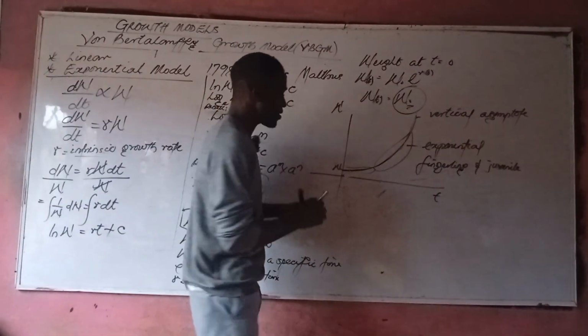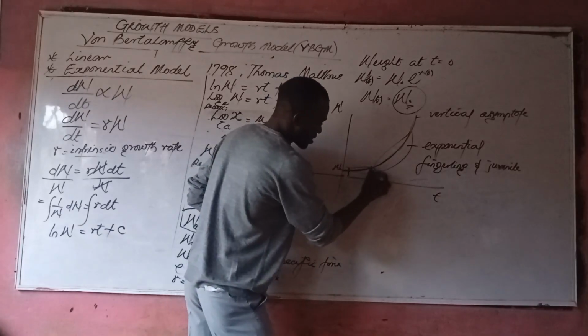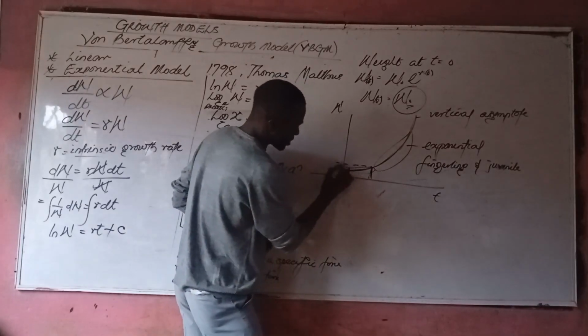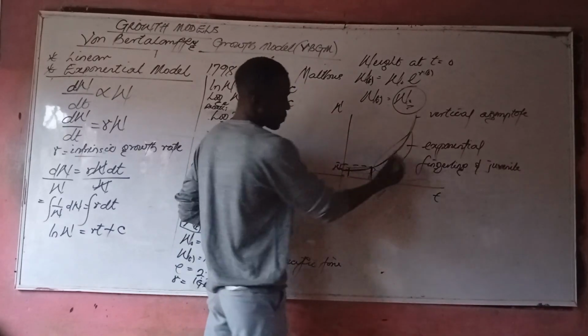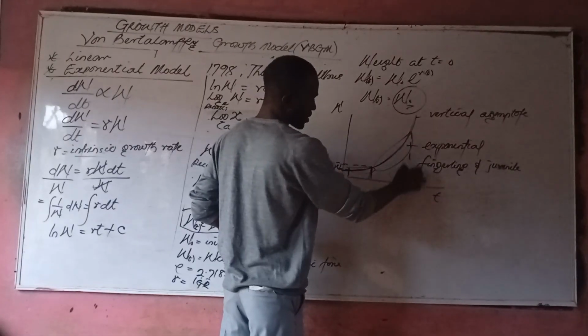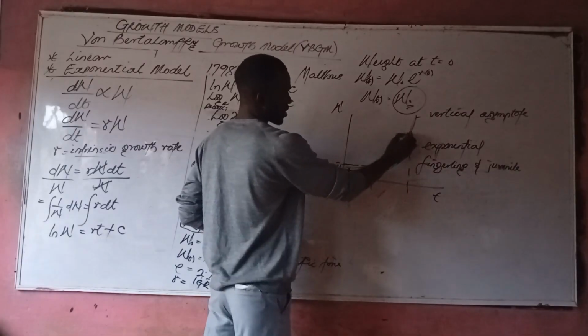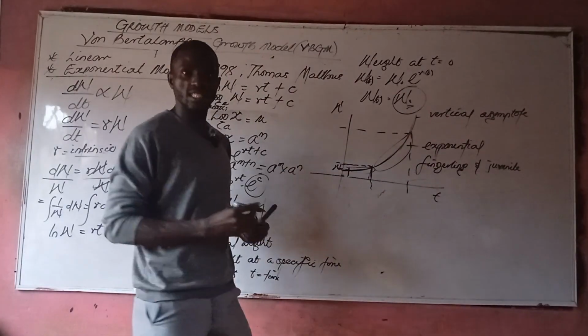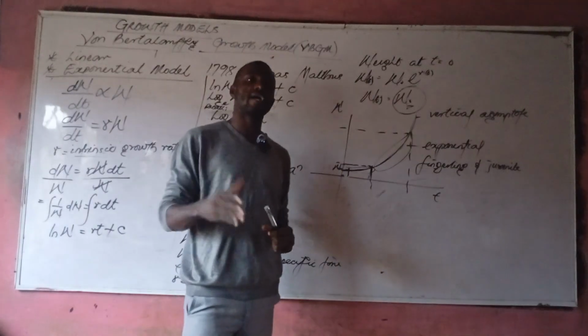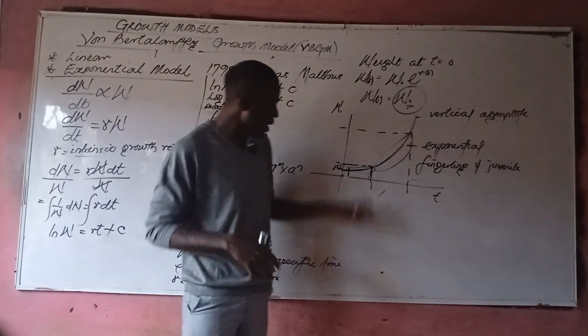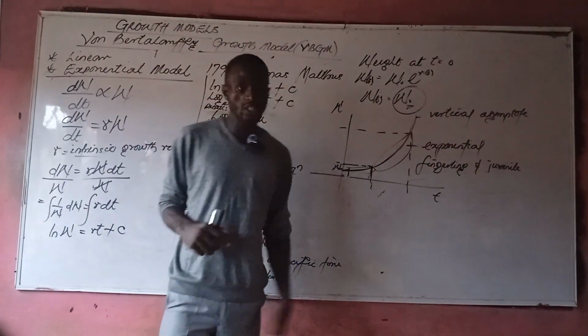Because if you compare the time, look at the time from here to here, but look at the concomitant increase. The increase is very small. But compare this place to this place. Look at the time, almost the same as here. But look at the increase. Very great increase. Do you understand now? So that is why the exponential growth works a bit, but of course is not still